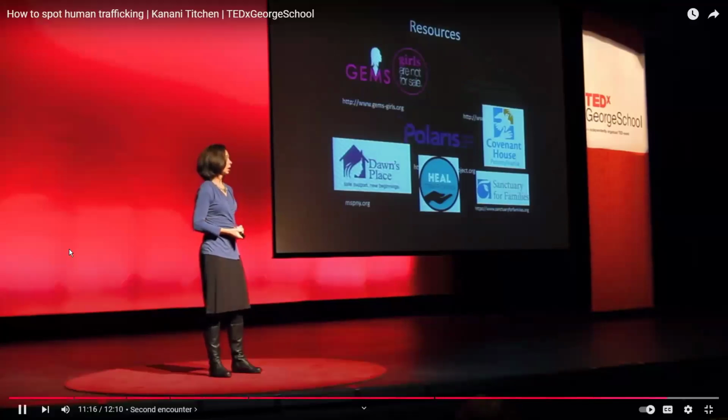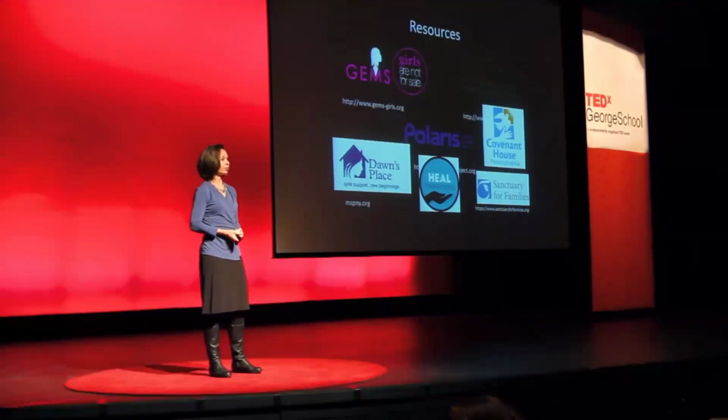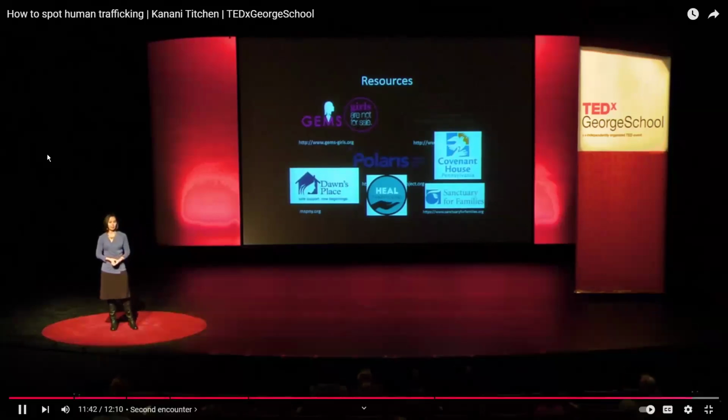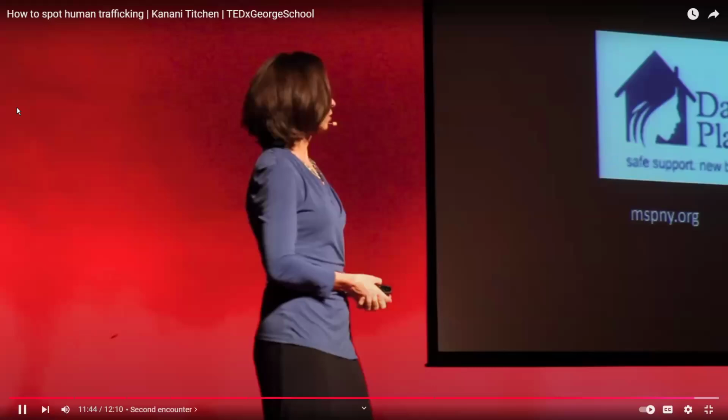And I just want to close with some of the resources, because people frequently ask me, what can I do? Some of the resources that I mentioned are GEMS. They are nonprofit. Donations go a long way with this organization. They house trafficked girls. PATH is one of the organizations that I helped found, the Physicians Against the Trafficking of Humans, and we do a lot of research and we spend our time educating medical professionals. And then there are a number of other places, Dawn's Place here in Philadelphia, Sanctuary for Families, Covenant House, that offer services to trafficked youth.